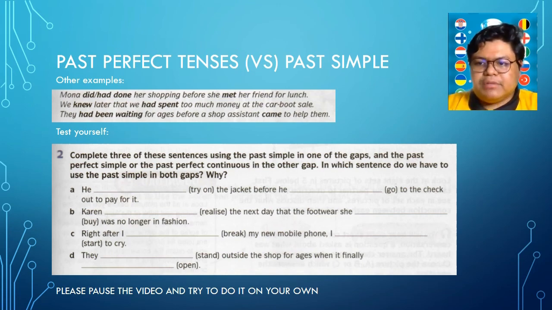Okay, let's read this question. Complete 3 of these sentences using the past simple in one of the gaps. So gap yang pertama gunakan past simple, and the past perfect simple or the past perfect continuous in the other gap. So yang first gap ni mesti